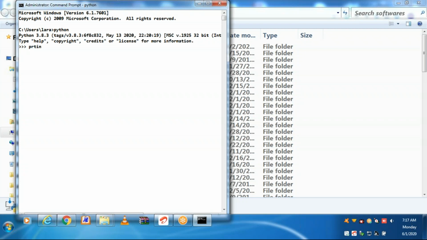Python is working properly. Let's just print something. Python software got installed successfully. To come out of the inline editor, go for exit.